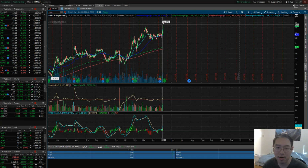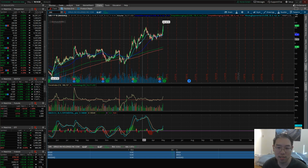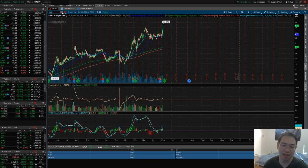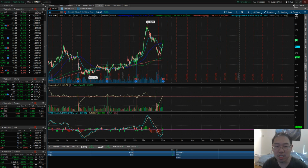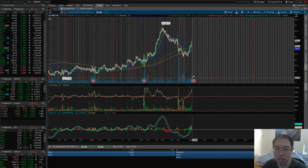What am I looking for now? I'm looking for it to come back down to the 20 EMA before starting investing. So it's overextended right now. Let's not take the chance because stocks do not generally want to keep tracking higher and higher and higher without taking any breaths. ZG. Okay, so ZG, again, this one, you've got to be careful because on the 180-day chart,